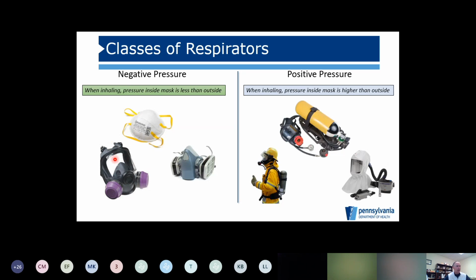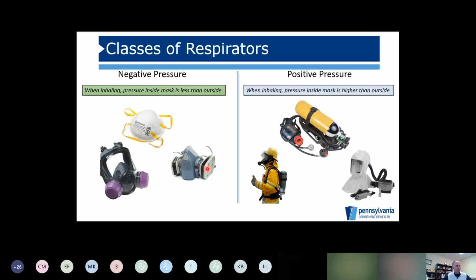When you breathe in, you create a negative pressure inside, which means air wants to rush in as you breathe in. The principle of operation is that this seals around your face incredibly tight so that no air can get through, thus forcing the air you breathe in, when you create that negative pressure, to come through these filters. In the case of an N95, it's referred to as a filtering face piece respirator because the entire face piece is made out of a filter membrane. But on these elastomeric respirators, a half face and a full face,